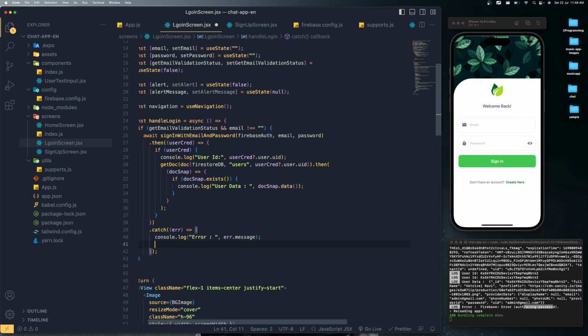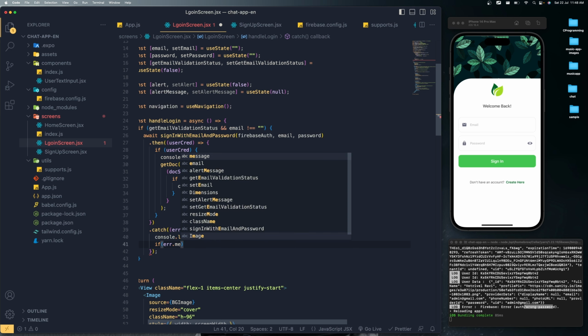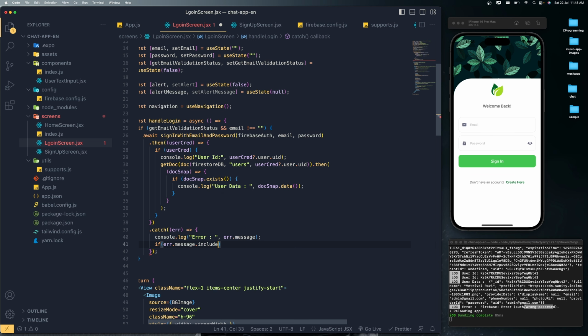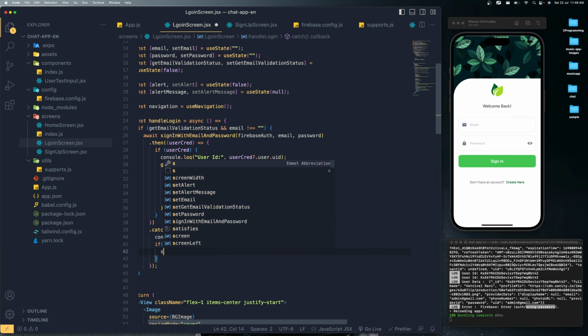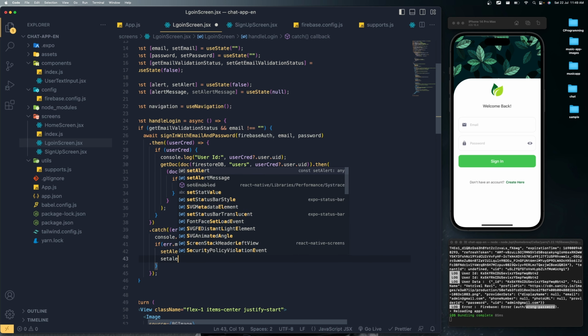For the time being, over here I'm just going to check if that error.message object dot includes. This is the method that you need to use, includes. This will help you to check whether it has that string or not, so it will help you to compare the string. If it has this wrong password, I'm going to copy this and paste it over here. If it includes that wrong password, that means we need to set the alert message. So set alert as true, then set alert message